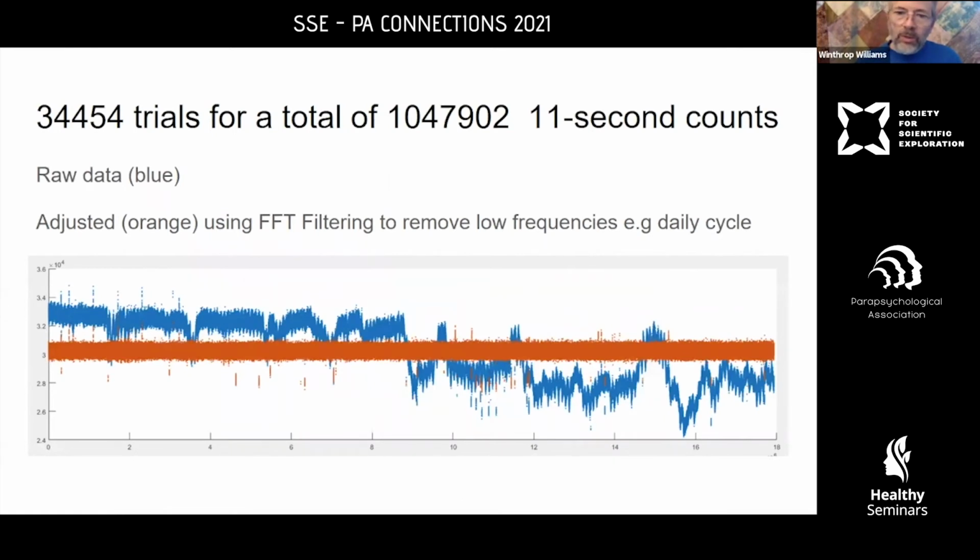So in order to deal with these things that are really outlying here, above and below, I did a removal of low frequencies. I used a fast Fourier transform filtering to remove low frequencies. I removed frequencies that are daily variation, and the twice daily variation that I earlier mentioned. I even removed the variations a little bit faster than the twice daily variation, just to make sure I sort of got it. And that smoothed things out very nicely in this orange curve and makes the outliers really